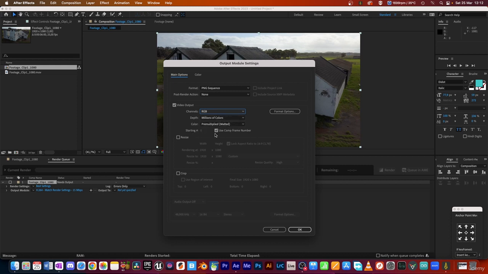Just below that you'll see use comp frame number. Now, if you untick this, you can actually specify the frame number of the first frame that will be exported. Sometimes you want to start at 0. I really prefer to start at frame 1 because Blender starts at frame 1 and not frame 0. So that just makes it a little bit easier to work with an image sequence starting at frame